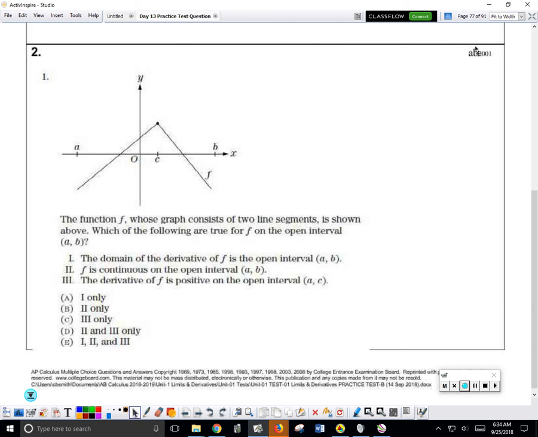So it says the domain of the derivative. Do you know what they mean by the domain of the derivative? Isn't the domain when it's open from A to B or closed, or any possible values of it? Let me say that back to you. So let's just talk for a minute. When we're talking about a function, so if we were talking about f,